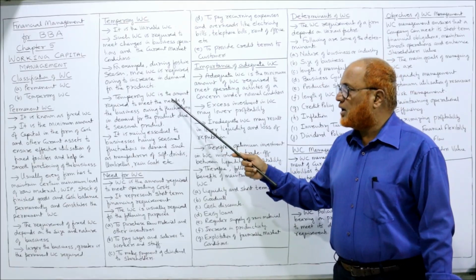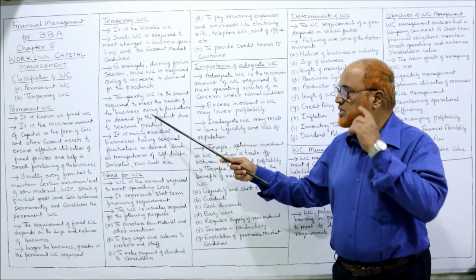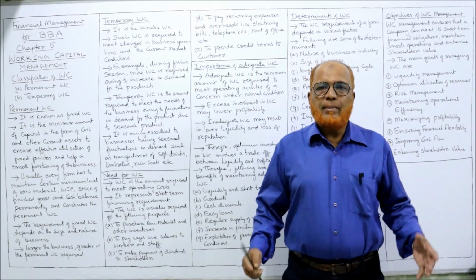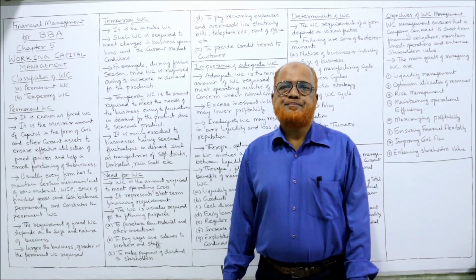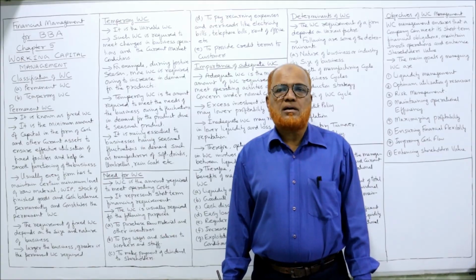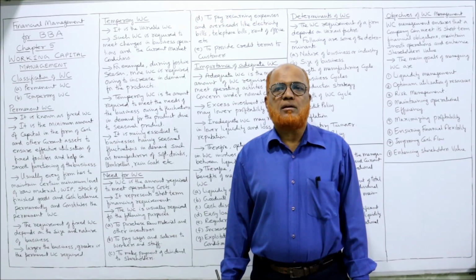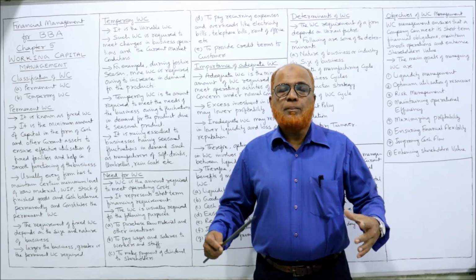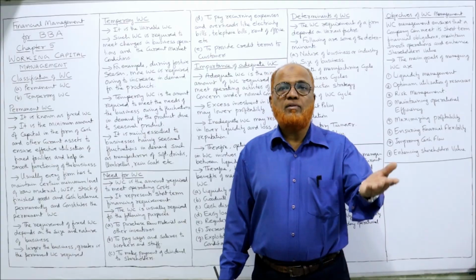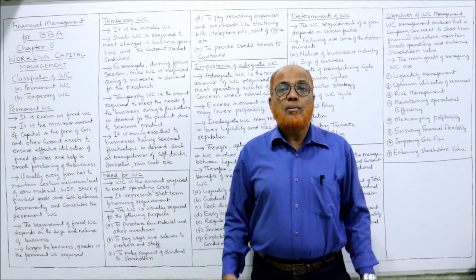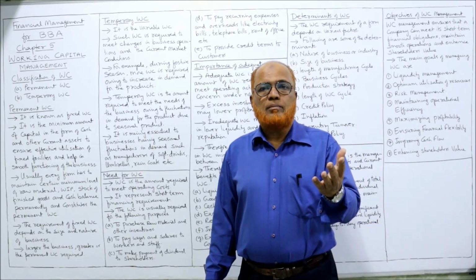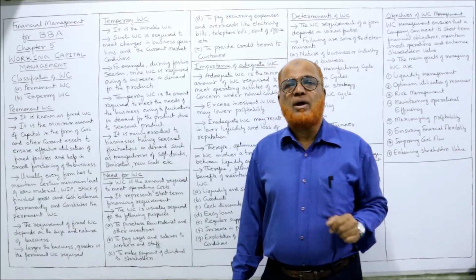So thirdly, temporary working capital is the amount required to meet the needs of business owing to fluctuation in demand for the product due to seasonal product. Many businesses will produce seasonal products like ice cream. The demand for cool drinks and ice cream will be more during summer season. So when summer comes, the production of ice cream, cold drinks, soft drinks will increase. The demand will be more because it is seasonal. More working capital is required. The company which produces ice cream, the working capital requirement will increase during summer.